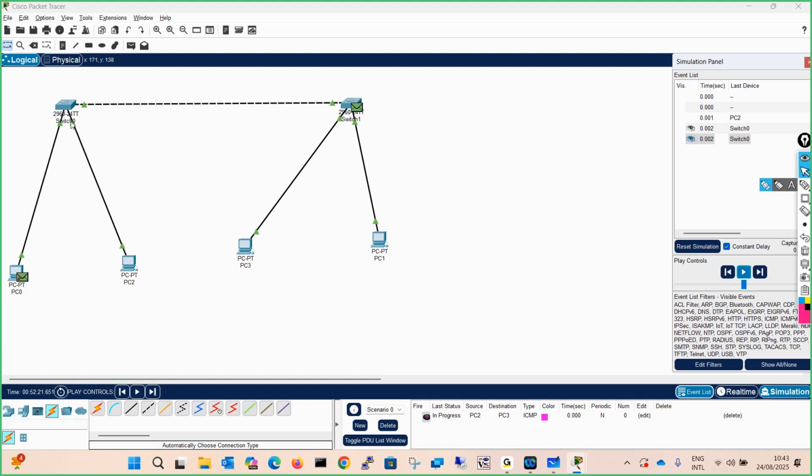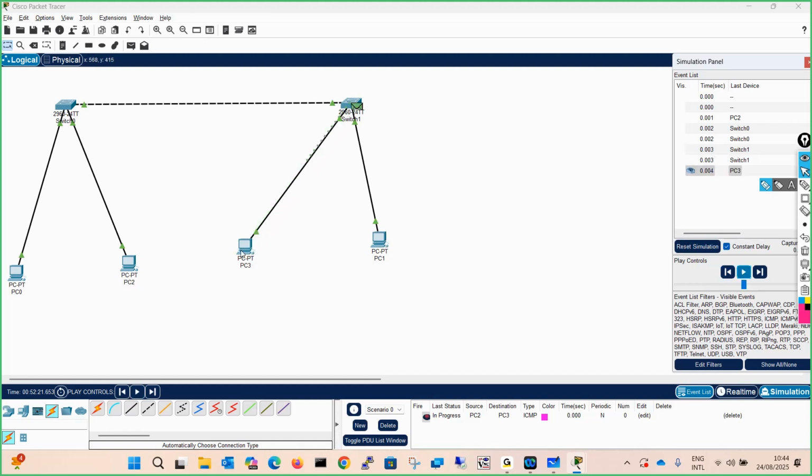Now when it reaches the switch, it has broadcasted, requesting for the MAC address. It goes to PC0. As you can see, PC0 has discarded it because the destination IP doesn't belong to it. At the same time, the switch has forwarded this to the other switch also. And now see what happens. The switch again forwards the ARP request to both the PCs. PC1 has also declined. Why? Because the destination IP was not there. And it has reached PC3 also.